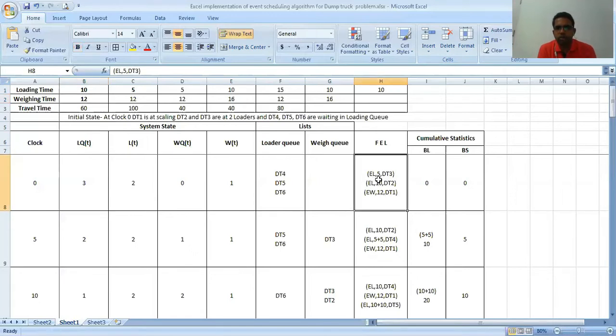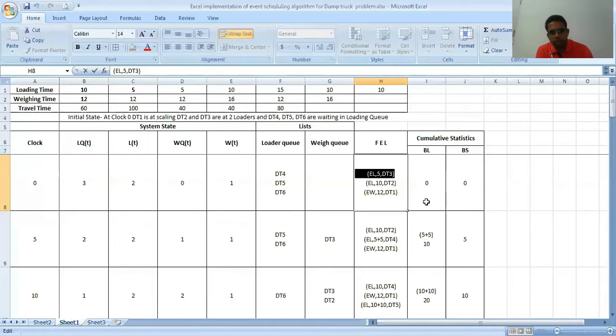So EL, 5, dt3: the reason is 5 is smaller than 10, therefore we are setting them in chronological order. EL, 5, dt3 explains that the loading will finish after 5 clock times for dt3. Loading will finish for dt2 after 10 clock times, and weighing will finish for dt1 after 12 clock times. Until clock time 0, the loader was idle and the scaling machine was idle, therefore it is 0 and 0. The next imminent event is EL,